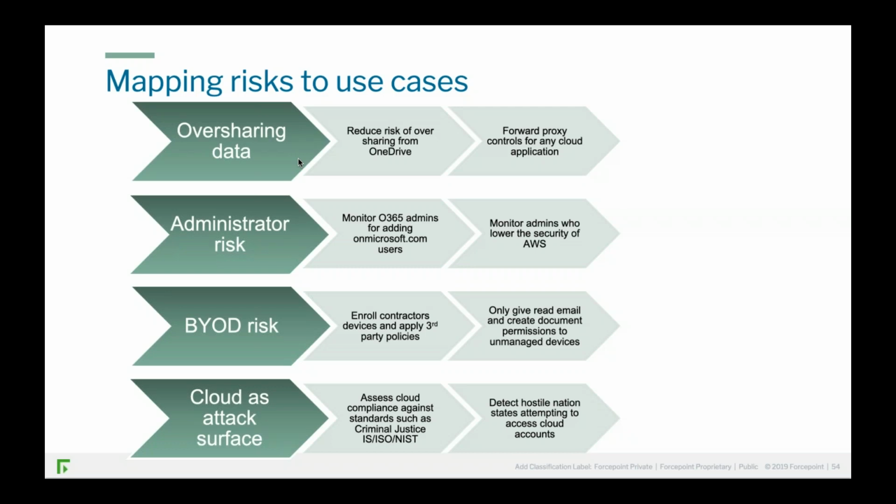I made a bold statement earlier, which said that customers that are focusing on what has the most features are invariably set to fail. I'm not kidding. I've seen success, and the secret to success has been when people focus on what are the biggest risks for us around oversharing data, what our administrators are doing, and then show me in a proof of concept, proof of value, RFP, whatever it happens to be, just show me how you can do simple solutions to overcome these hurdles. Customers are buying tactically.